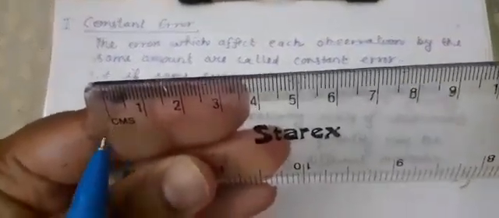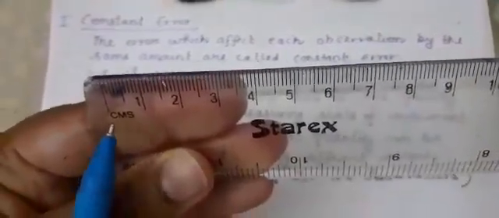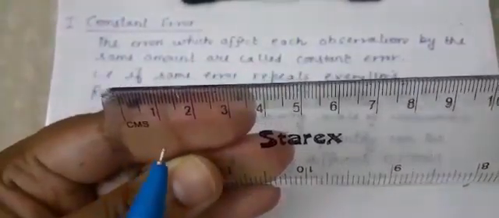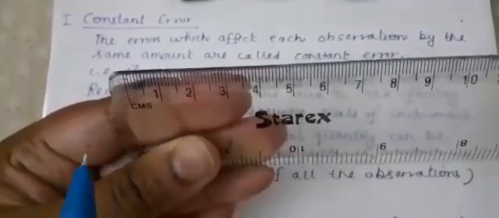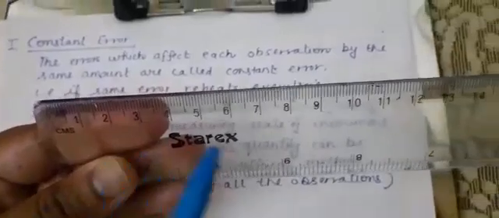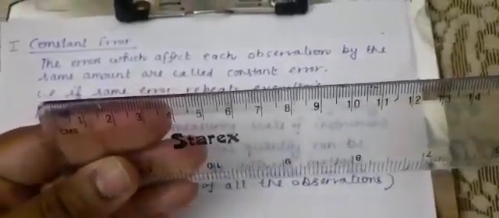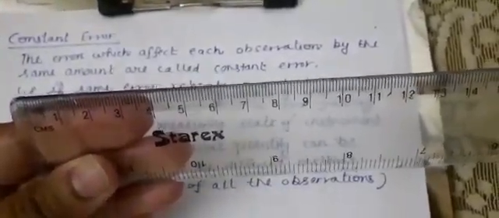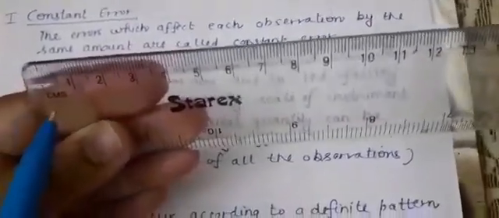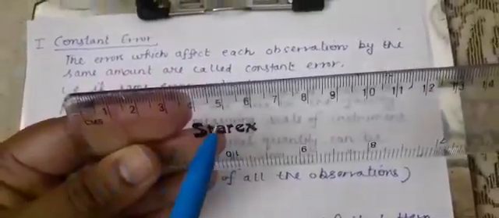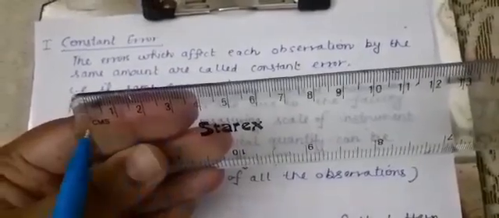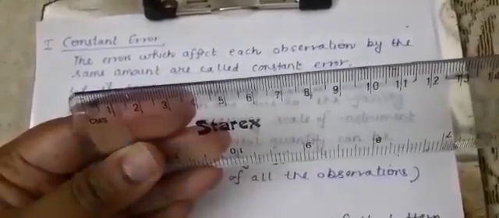Suppose in between 0 and 1 or 1 to 2 and so on, instead of 10 divisions, by chance there is a marking error while designing this scale, and 9 points have been given in one of these divisions. It's not necessary that it will be so everywhere. It may be a fault within the scale. If from 0 to 1 there are 10 divisions, suppose from 4 to 5 there are 9 divisions. Very rarely this happens. So the same kind of error will occur when you measure the length of any